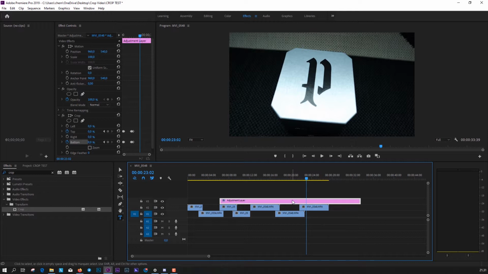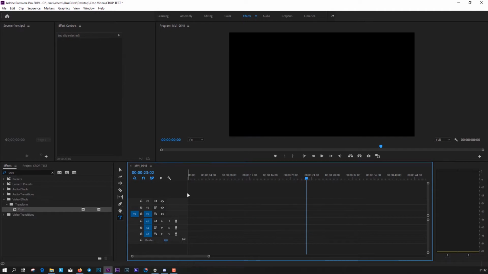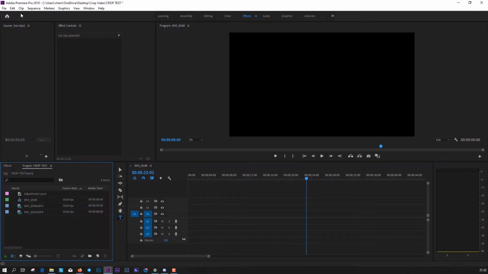But if you really do want your video to be 21:9 aspect ratio, which is the same as 2.39 or 2.37 or 2.33, there's a lot of different aspect ratios, but the most used is, I believe, 2.39 or something like that. If you're shooting your video in 1080p, what we're gonna do is, let's first remove this one, choose the project,